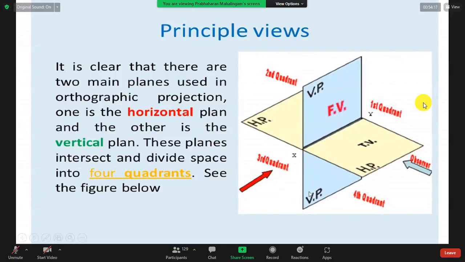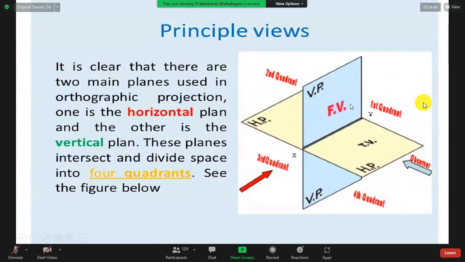There are four planes, up and bottom, horizontal and vertical. We call them quadrants. So the first quadrant is this one. This is the first quadrant.